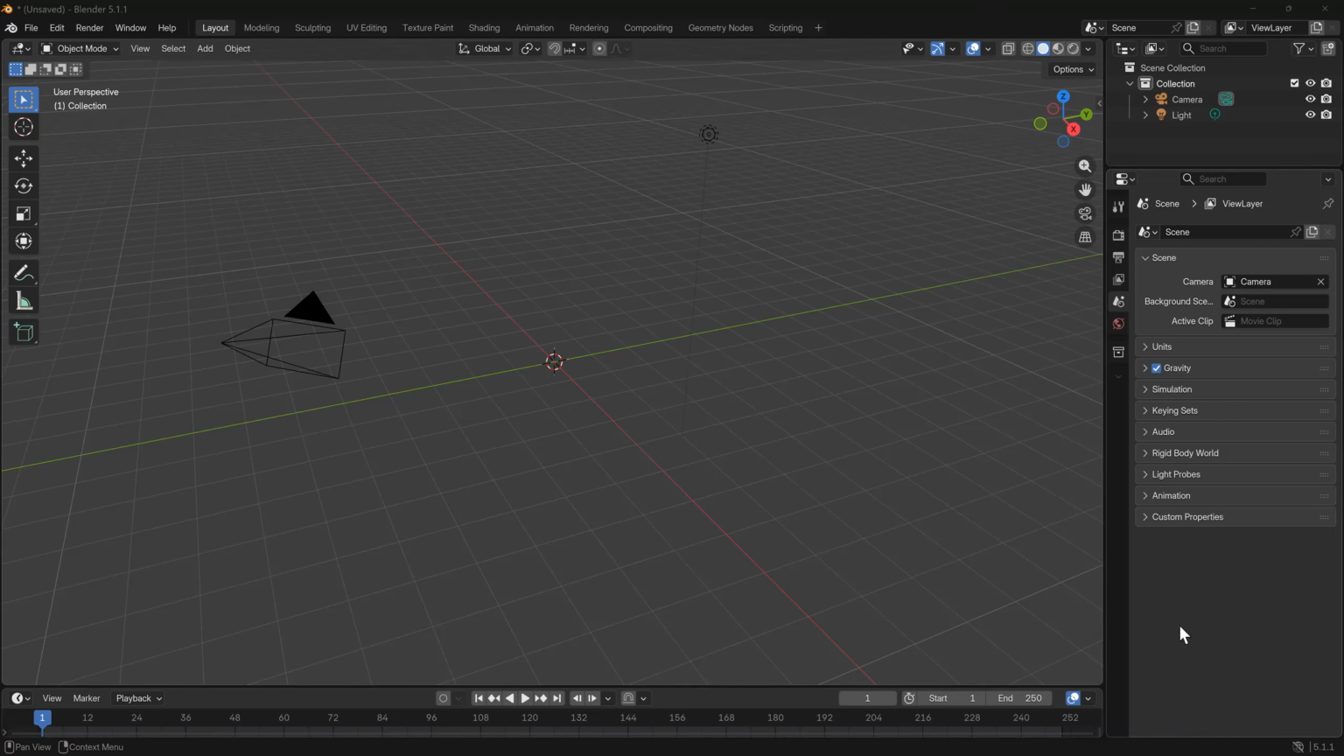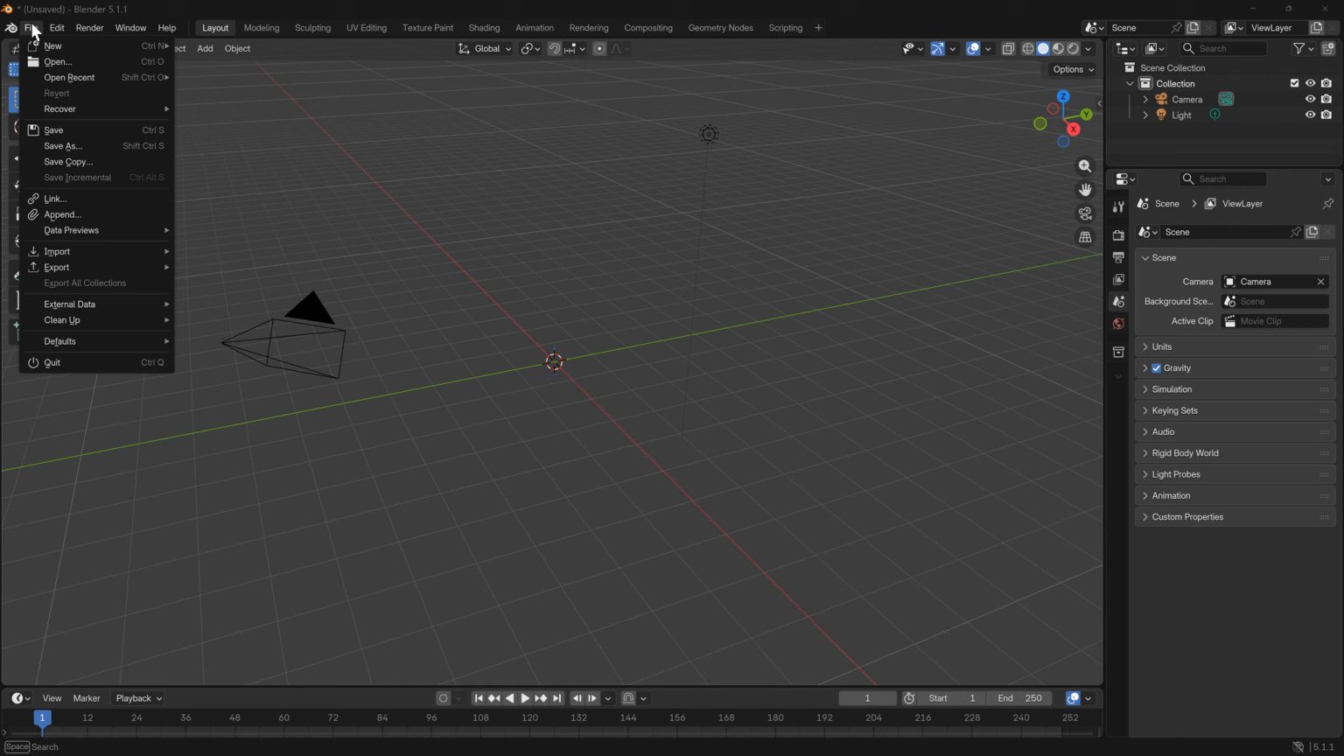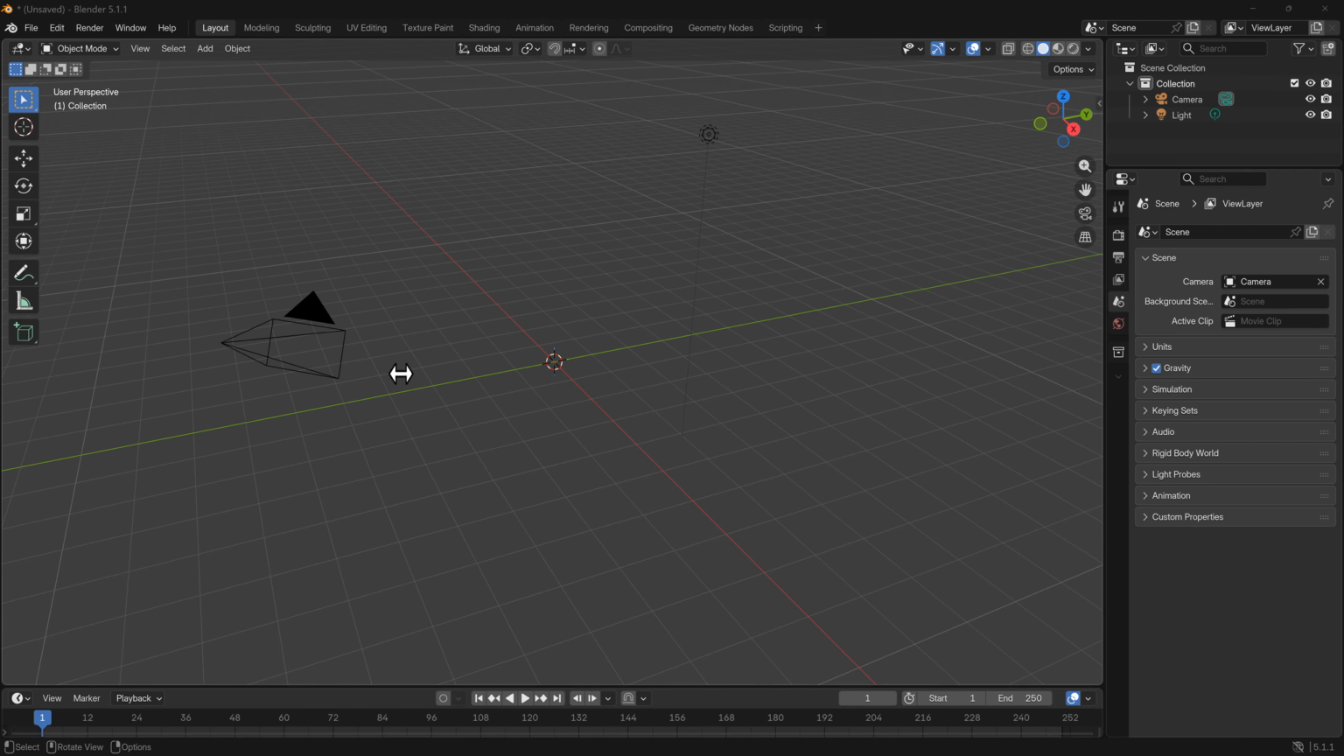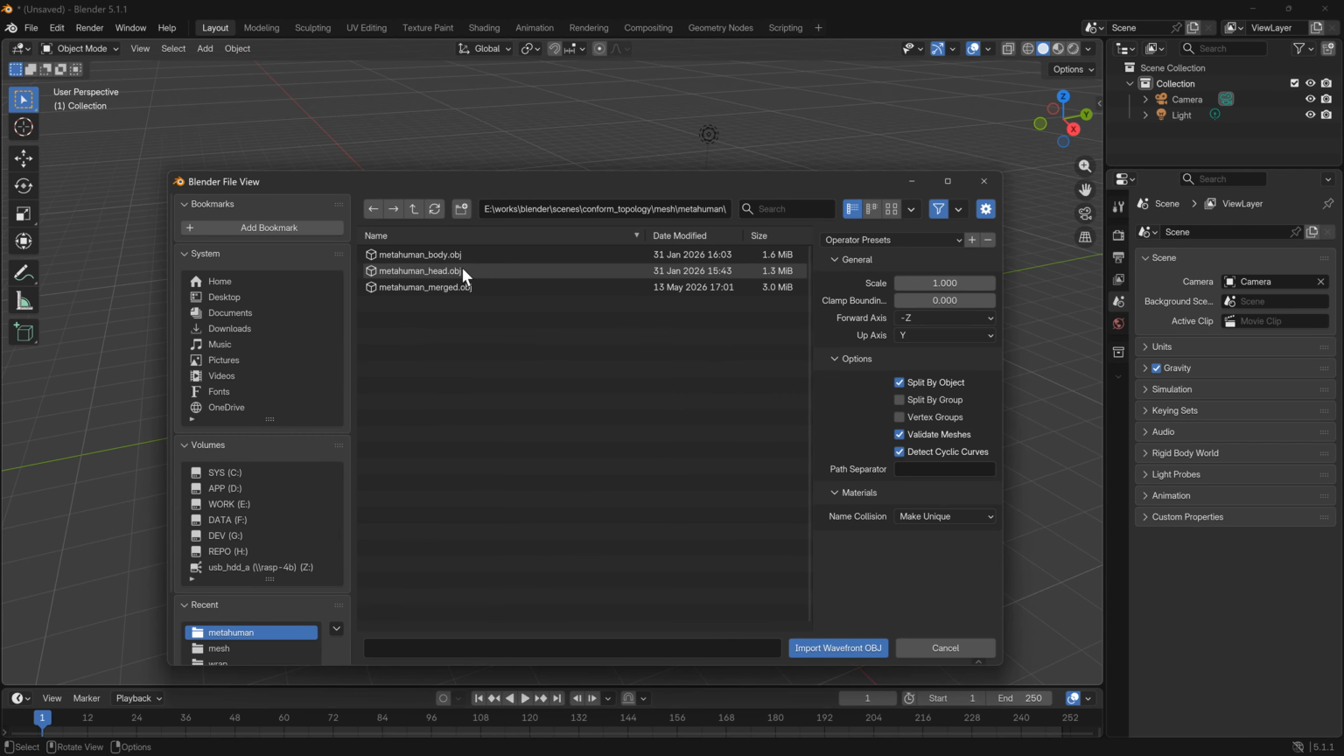Okay, in today's video, we'll explain how to split a full body model that has been wrapped back into a head and body to facilitate importing into Unreal Engine, so we can create a custom metahuman. Alright, let's get started. First, we'll import the original metahuman head and body,